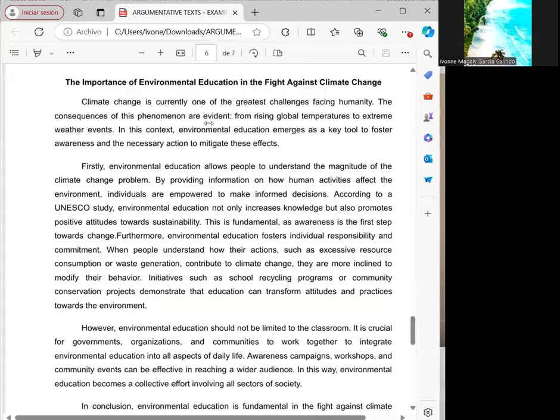Climate change is currently one of the greatest challenges facing humanity. The consequences of this phenomenon are evident, from rising global temperatures to extreme weather events. In this context, environmental education emerges as a key tool to foster awareness and the necessary action to mitigate these effects. So here, she's giving